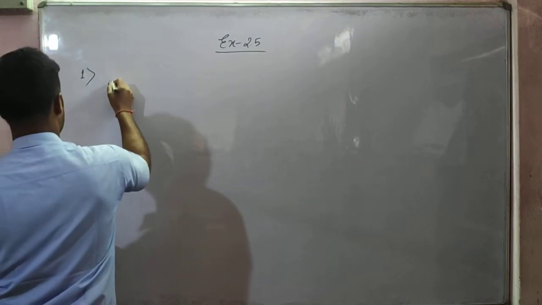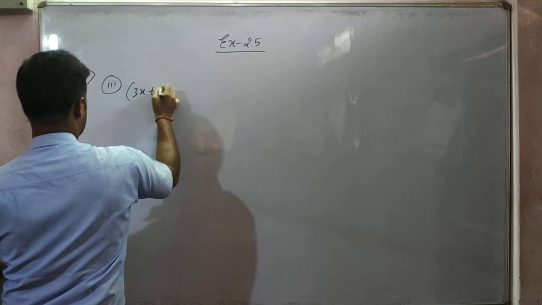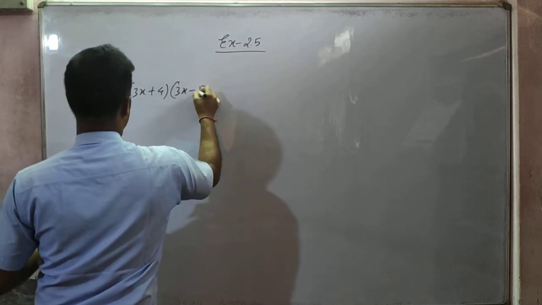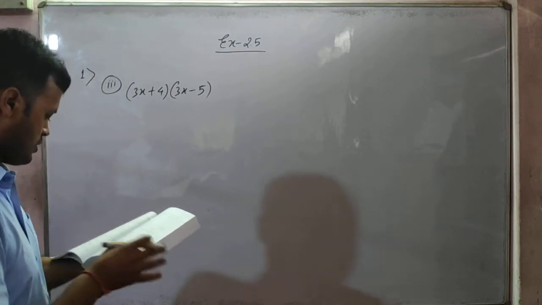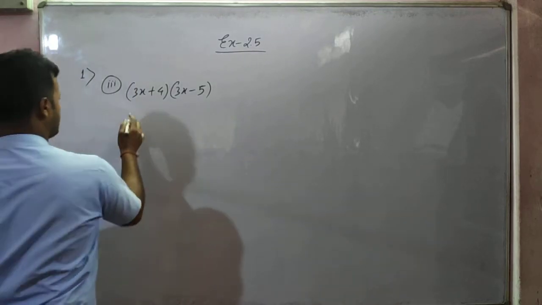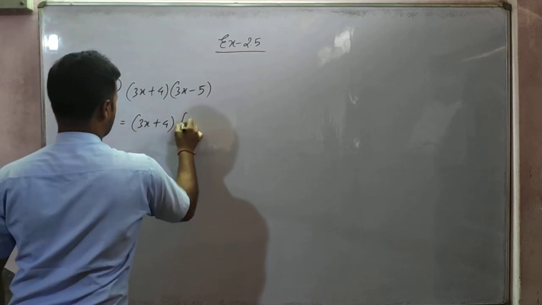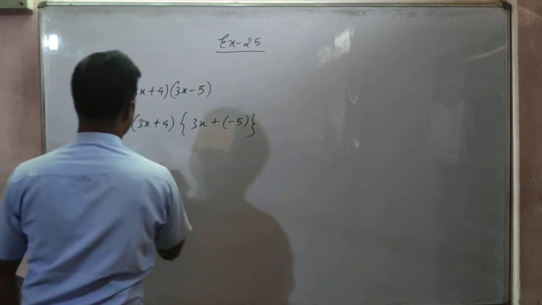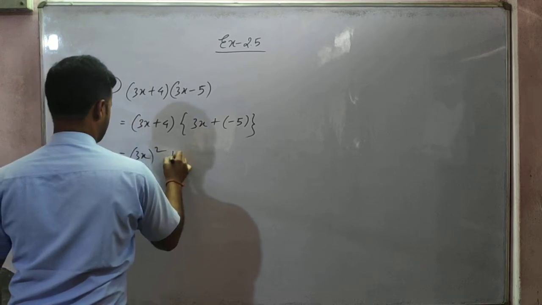Let us see number 3. So it is 3x plus 4 into 3x minus 5. Okay, 3x plus 4 students, 3x plus 4 into 3x minus 5. So this one we can arrange this way: 3x plus 4 into 3x plus minus 5. Okay, so this will be like this: x square plus